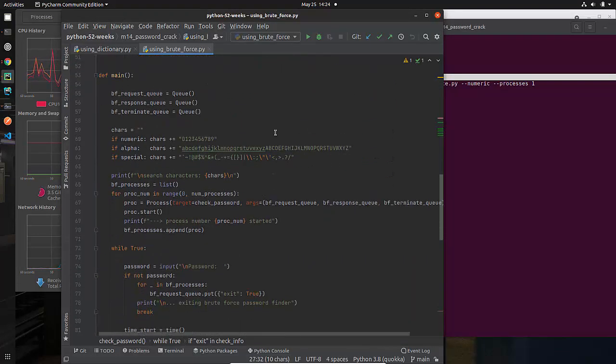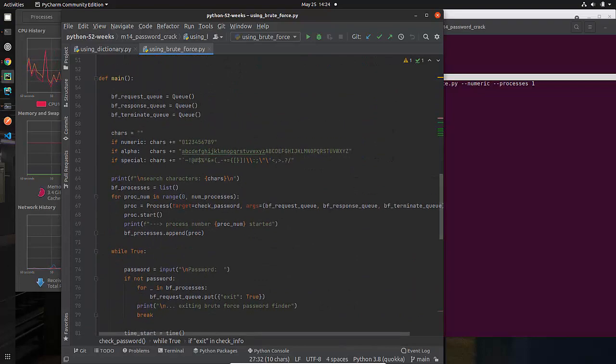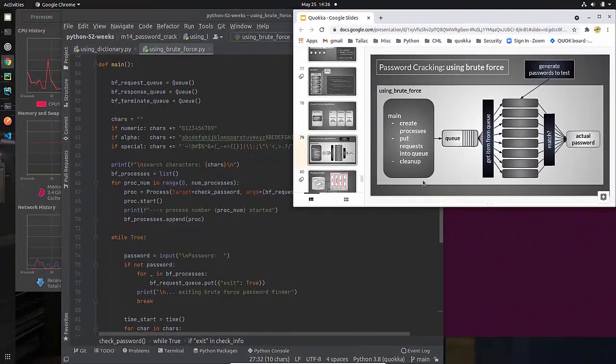Next, we're going to look at the main program and see what it does. Okay, let's look at what the main function does. That's this thing right here, and I've hopefully put up this information about what it does. First, I'm going to create all the processes. That would be each of these things. Then I'm going to put requests into the queue. Remember, I'm going to put a single request for every character in the search characters. And then I'm going to wait for them to finish and clean everything up. And then we'll go back and do the requests again, the second and third of these bullets here.